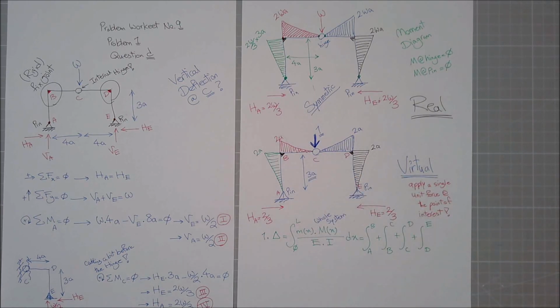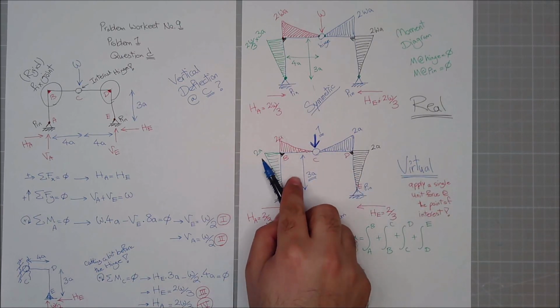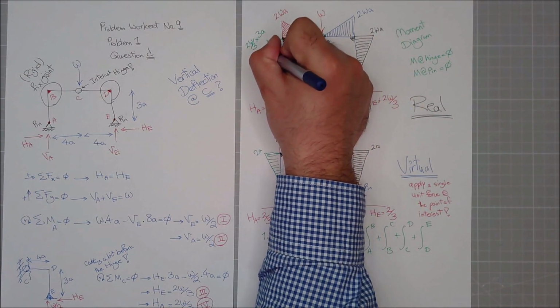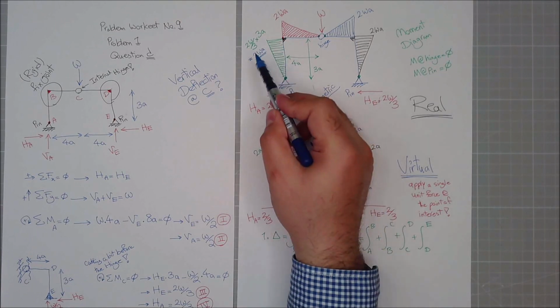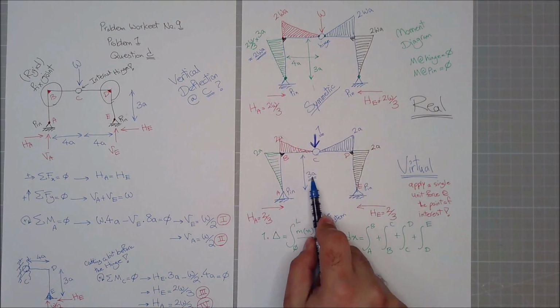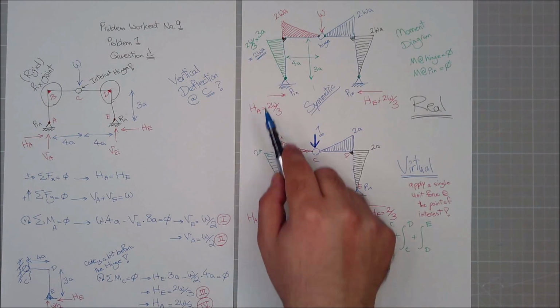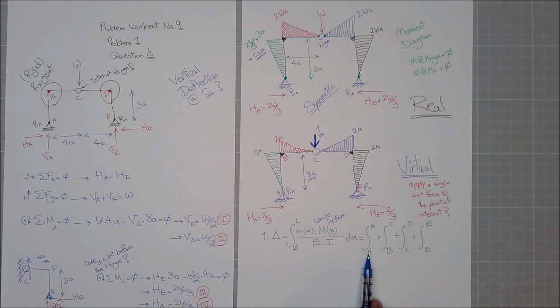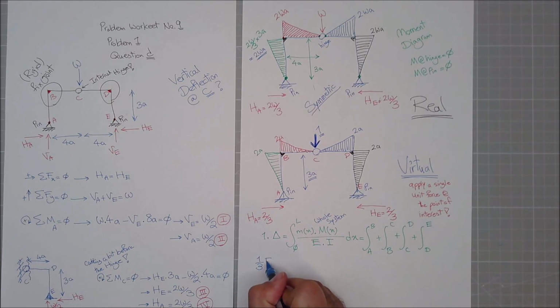This will be my L. And remember, 2a times this is equal to 2wa. Over here, a is actually the one which is changing, yes? Because it's changing with length, as it's 3a. So a times a to the power of 2, if it goes under the integration, will be a to the power of 3 divided by 3. I bring out that divided by 3, so it will be 1 over 3 EI,